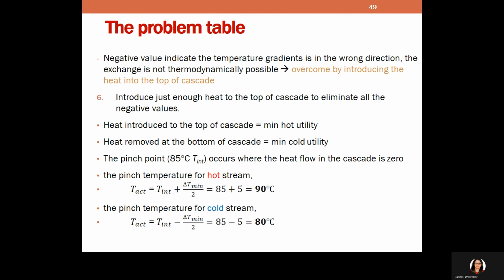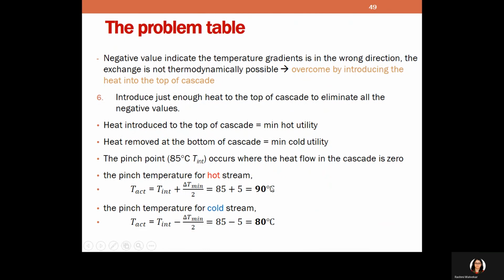Okay. So now once we obtain our pinch point as 85 degrees Celsius, you remember what we had done, plus and minus 5 degrees Celsius? We have to add them back. For the hot stream, we minus off, right? So now we add the plus 5 degrees. So 85 plus 5 is 90. For the cold stream, we added plus 5 degrees, so now we minus it off. It becomes 85 minus 5, 80 degrees Celsius.